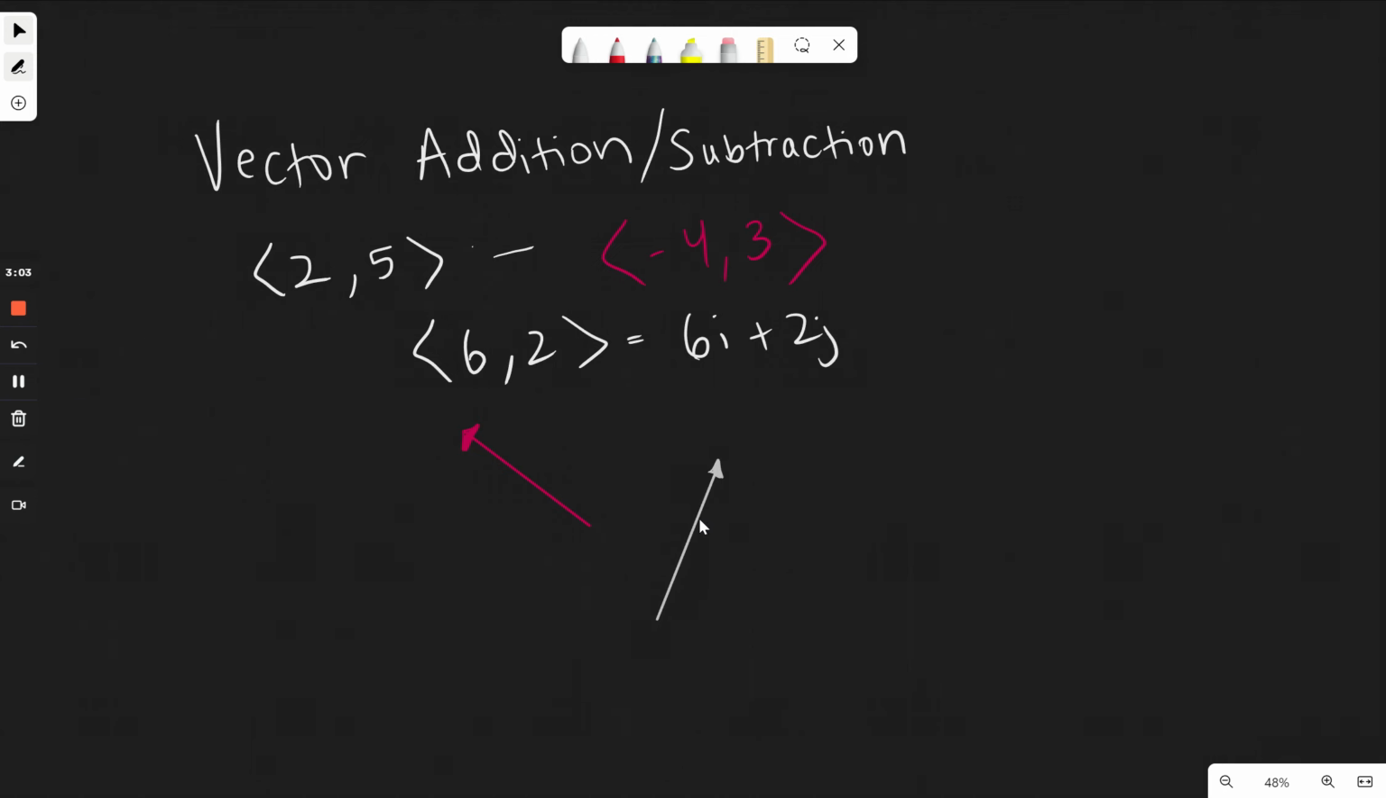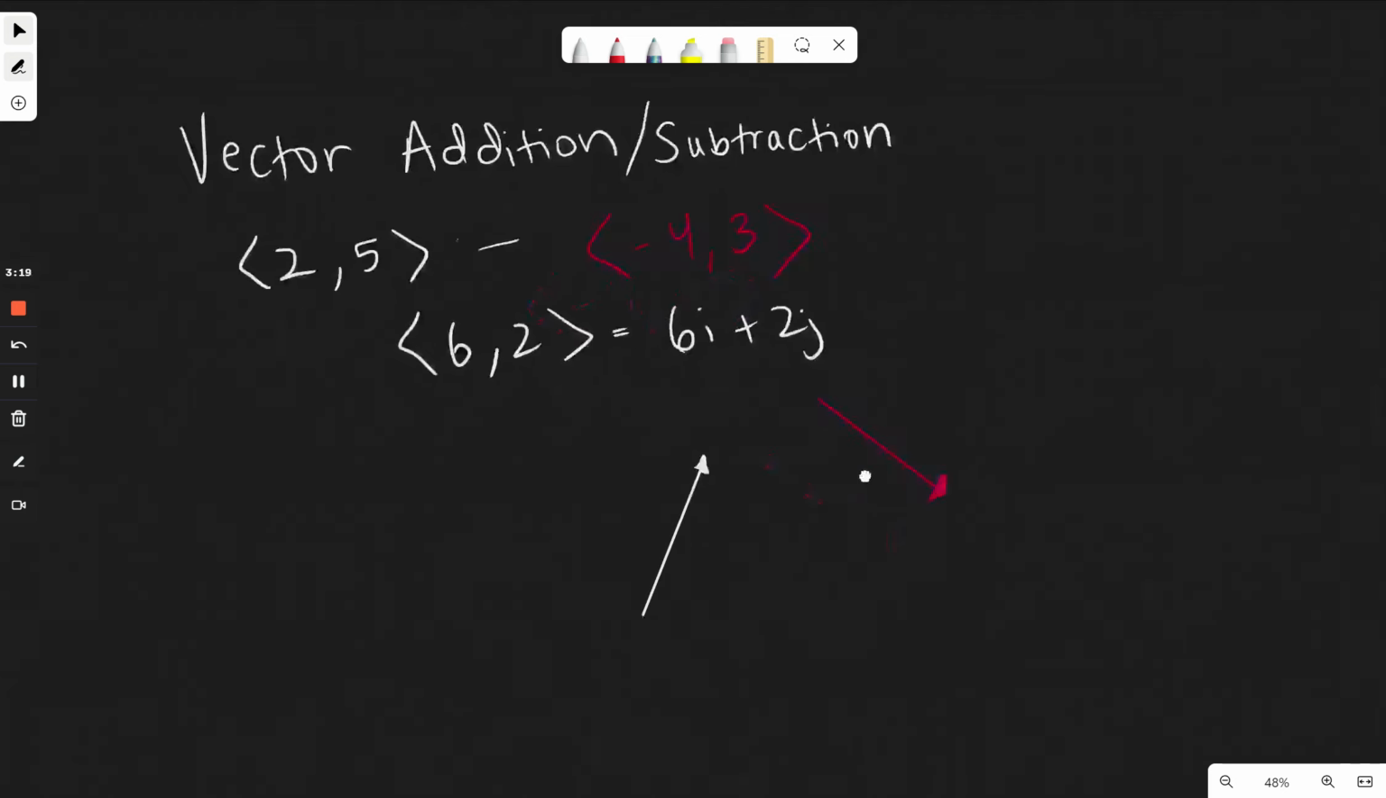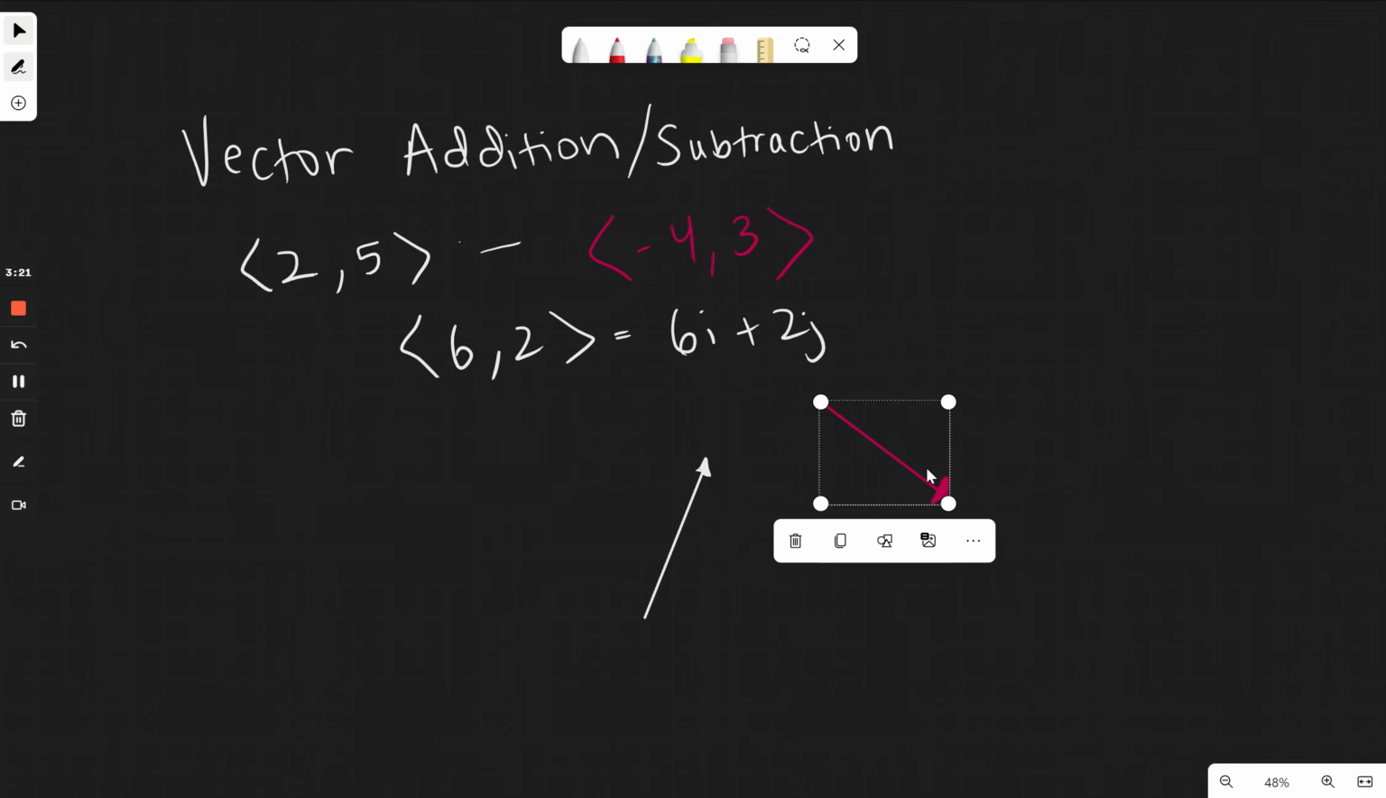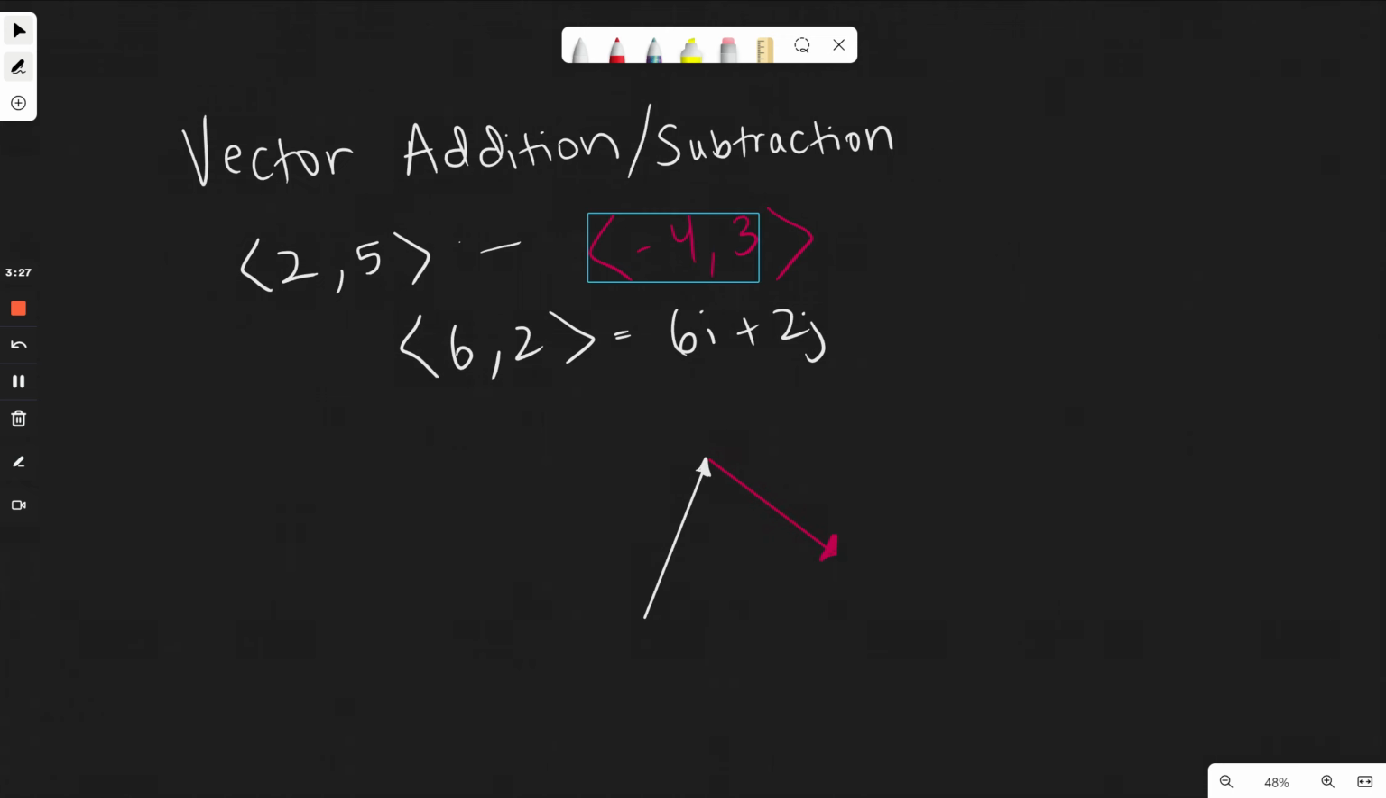In this case, the order doesn't matter. This is 2, 5, and now we don't want to add negative 4, 3. We want to add the negative of the vector negative 4, 3. And so we make a vector negative by just rotating it 180 degrees, which we can do right here. Half rotation makes it negative. Think the unit circle. And then we just put this here,